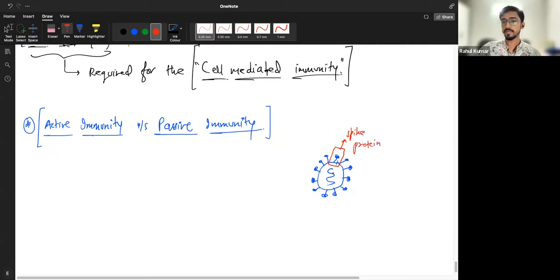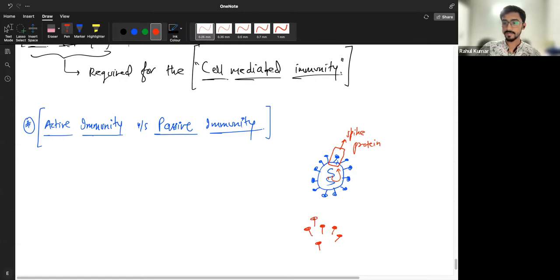So this spike is a protein, right? This is a protein coat, inside there's a nucleic acid. So in this RNA, let's say from here to here is a gene that codes for this spike protein. We just take this RNA, put it in a vector. Vector is just like package it as an Amazon packing, and then inject it in your cells. So this RNA goes in your cell, and this RNA is translated by your own machinery. And when this RNA is translated in your cells, what will be formed in your cells? Just the spike proteins, lot of it.